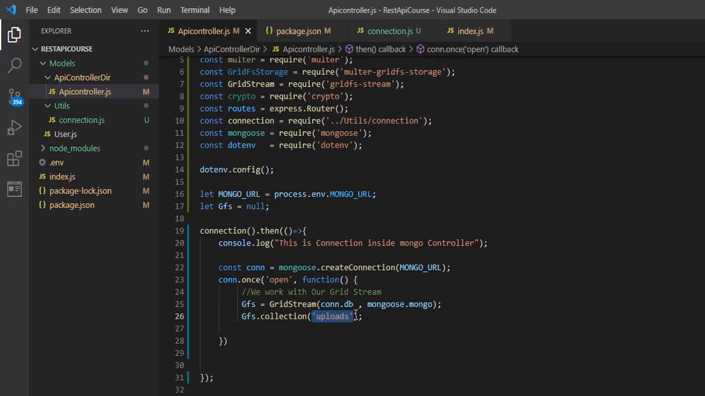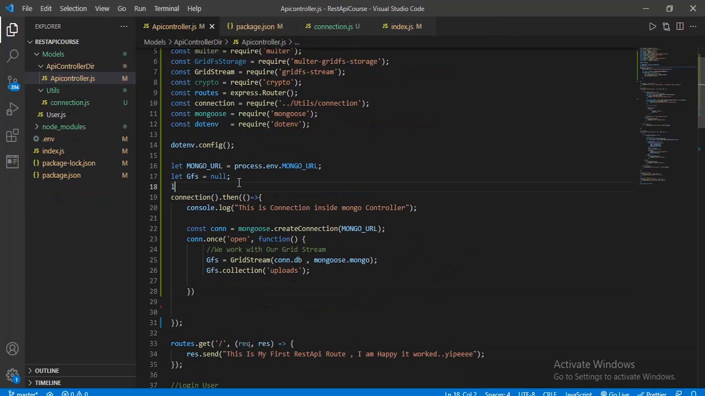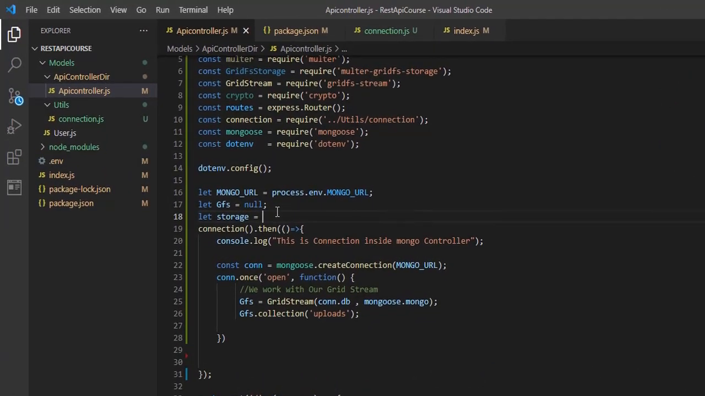Now we've created a way we're going to store our images. The next thing is to create your storage. How do we store these images inside that folder uploads? First of all, we've created a connection, and after we're done with the GridFs, we have to go to the storage. Initially it's going to be null, and after the connection, we need to create a storage object. So let's say storage